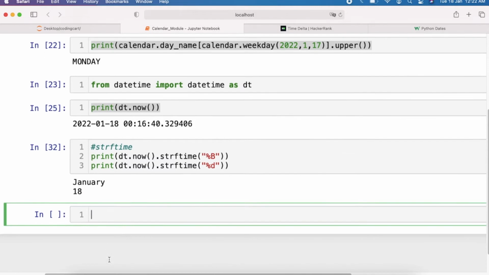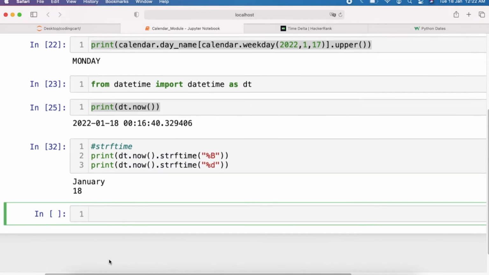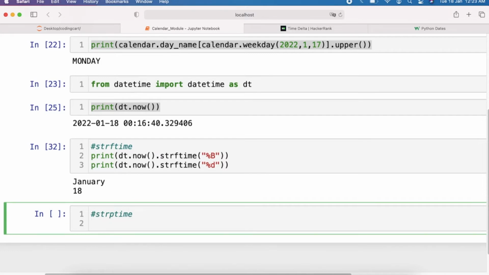The next one is strptime. This is for converting the given string date into datetime format. For example, let me write one date: print dt.strptime, and now it accepts two parameters.